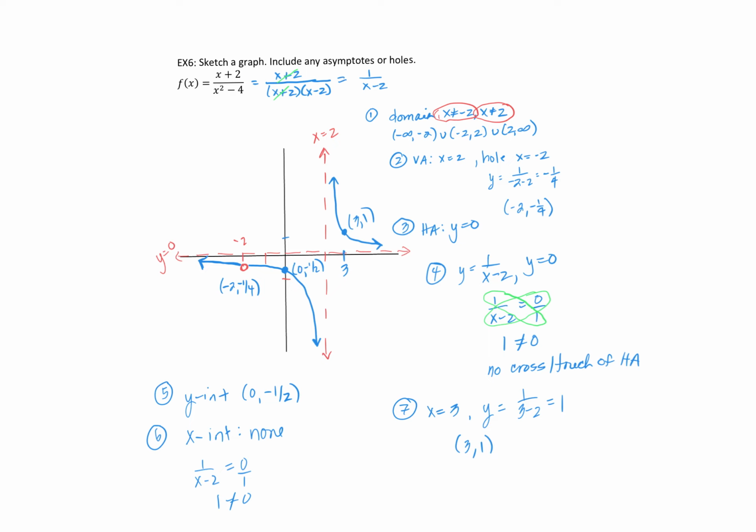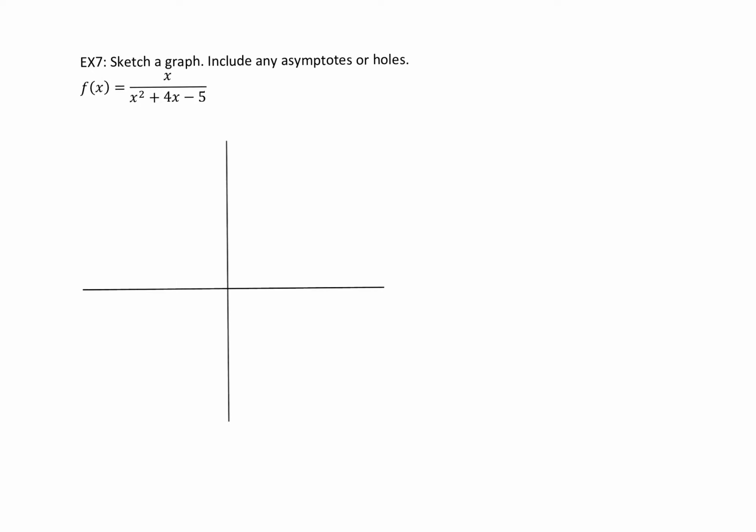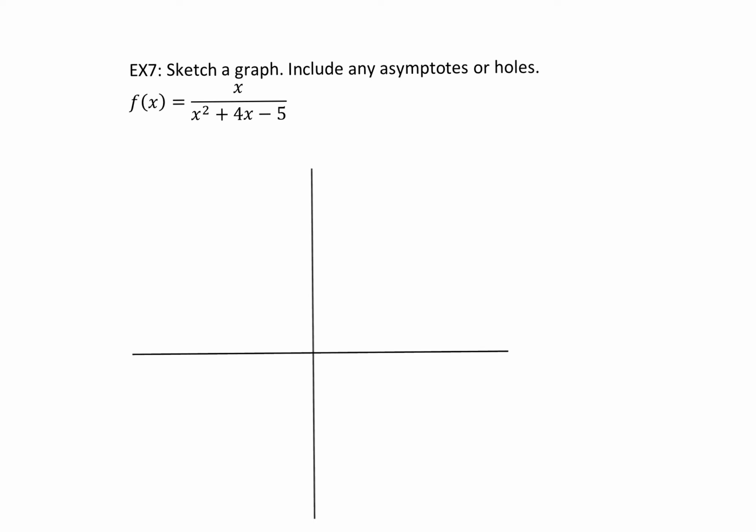Let's look at the last example we're going to do for this section, and we could keep going. There are so many different variations of rational functions, but then this is just going to get crazy long. Example 7, sketch the graph, include any asymptotes or holes. So again, first thing I want to do is factor, find my domain. Numerator does not factor. Denominator would be x plus 5,